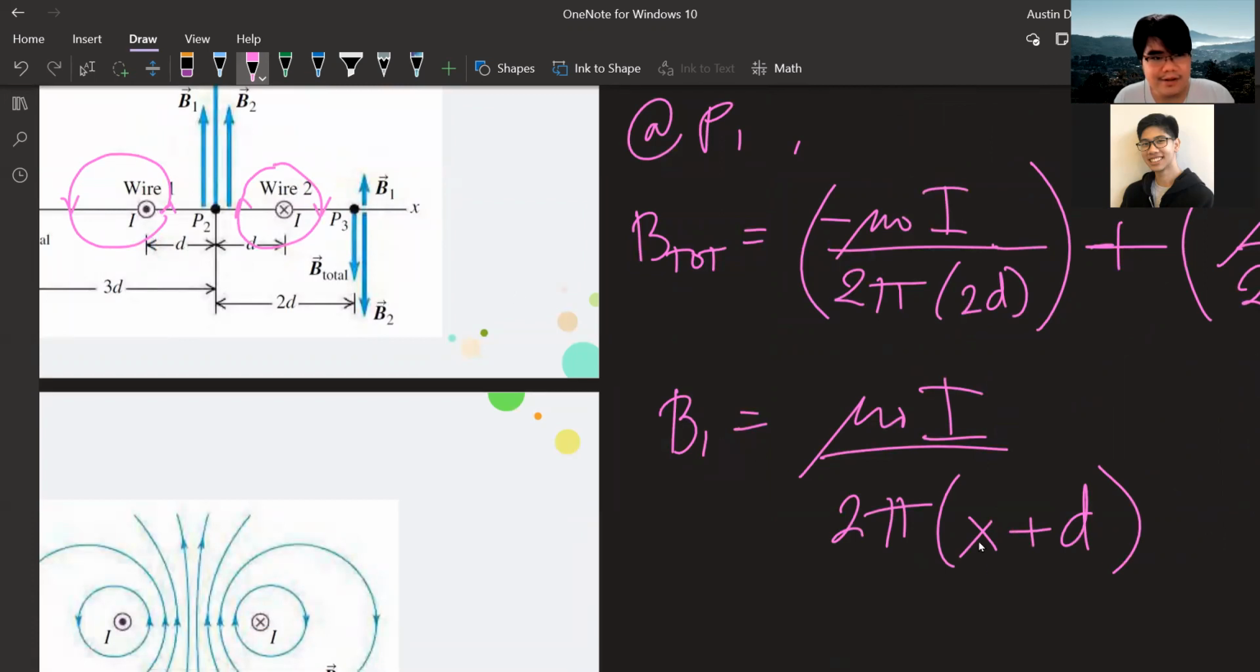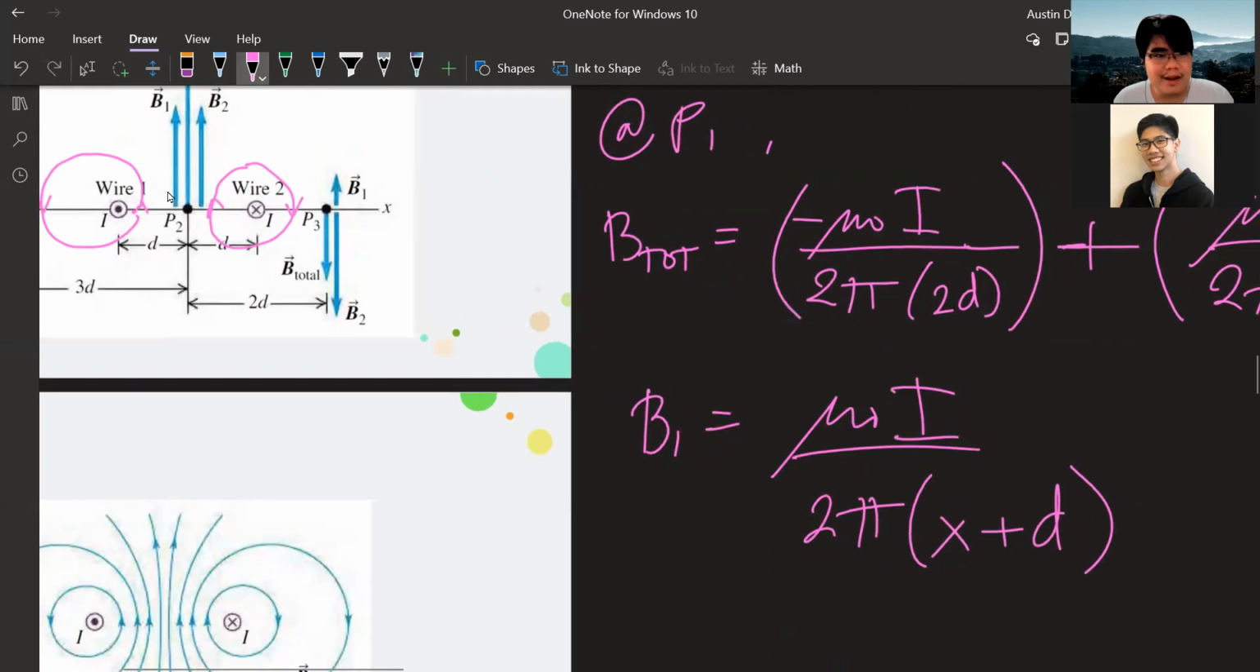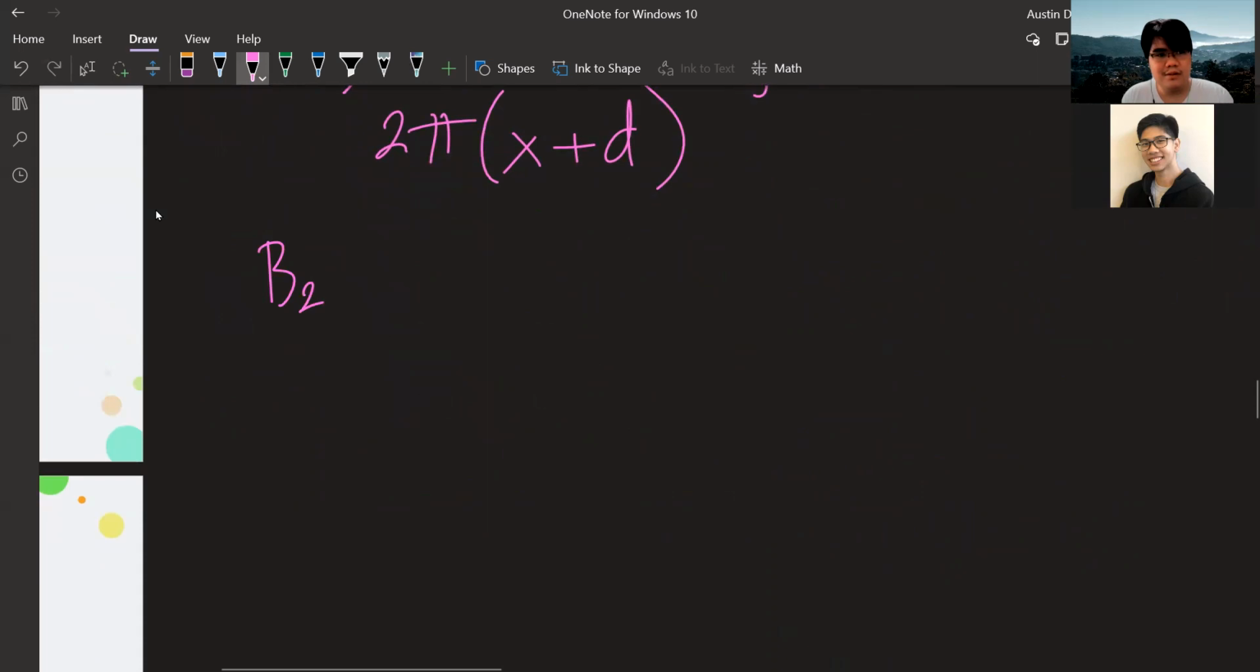So at x equal to 0, notice, you are in the middle, and what it produces is this much, okay? Mu naught I over 2 pi d, that is its distance, right? D. Okay, and then the direction is always upward, y hat. And then B2 would be mu naught I over 2 pi